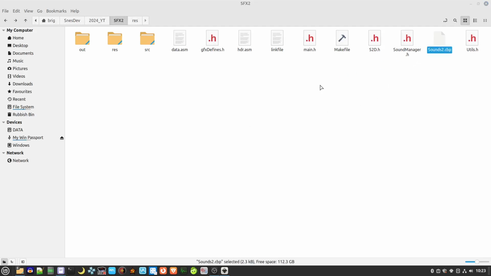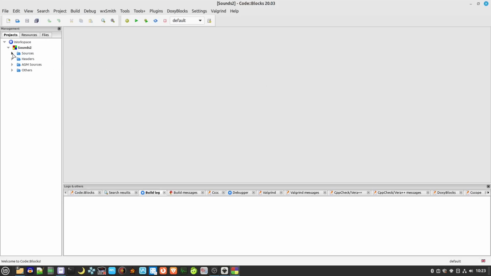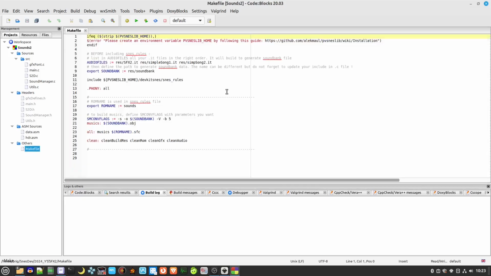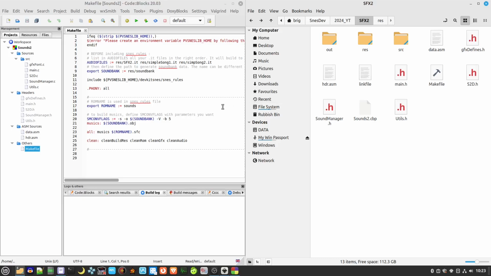Right, so let's open that up now. Now the key takeaways here, so this will be slightly different. This makefile here will be slightly different than the others from the other projects I've done, as we need to add in a line for audio files here,